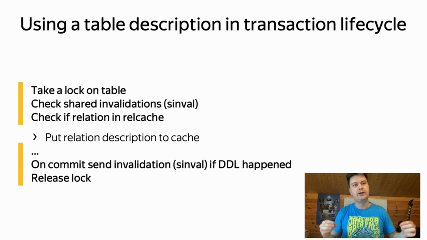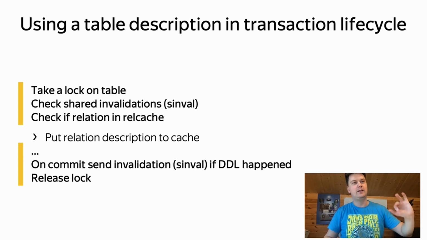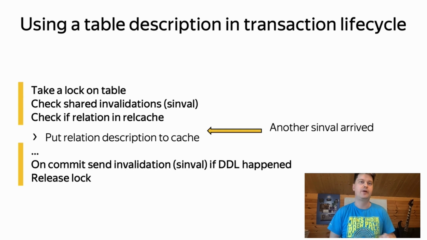And if we are doing some changes concurrently with a locked table, if we are doing DDL, then at the end of the transaction we put a shared invalidation message to the queues of our other backends, and then we release the lock. So this is a basic invariant: if you didn't hold the lock, then you must check invalidations. But you can see here that there is a problem. There is a time of check to time of use